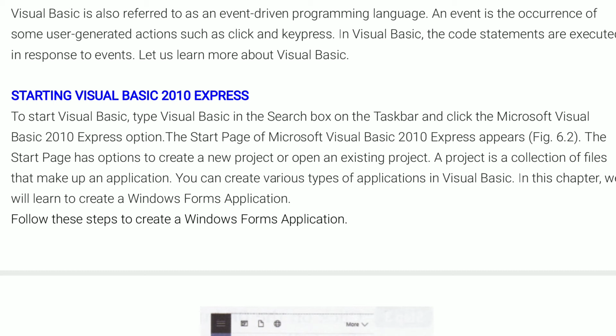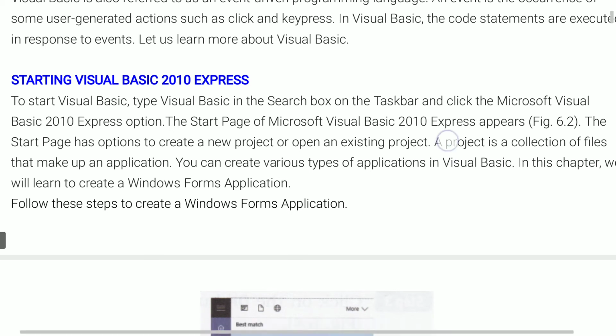If it is not installed, download Visual Basic 2010 Express, which is a free downloadable version of Visual Basic for you all students, and install it. If this software is already installed, then go to Start and type Visual Basic in the taskbar, and you will get the option named Visual Basic 2010 Express, as you can see in the figure.